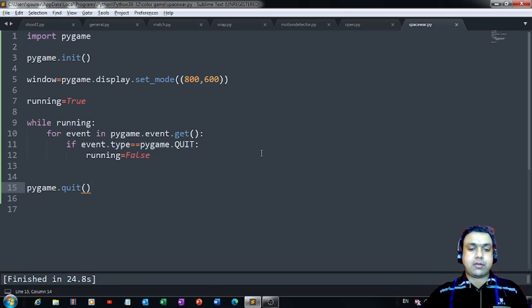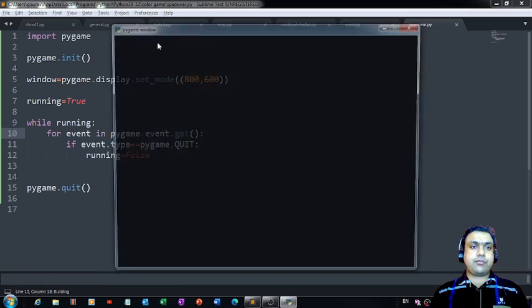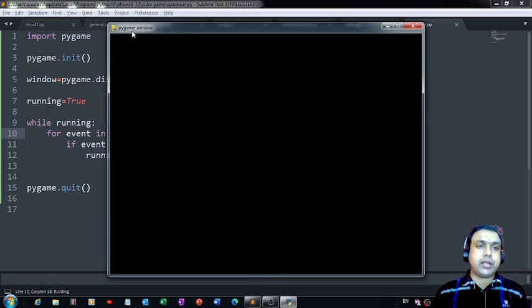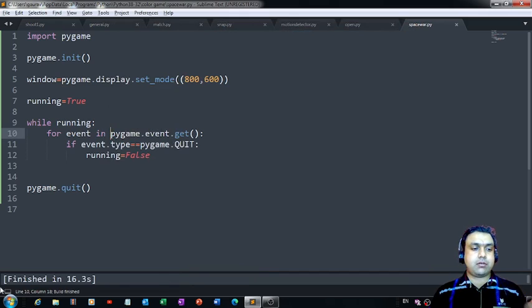Okay, now what's next? Let's change the caption which is getting reflected over here. I don't want to see this pygame window. In place of this, let's have something like, how about Space War? I think that is a very good title. And then we can change this icon also over here. So I have already